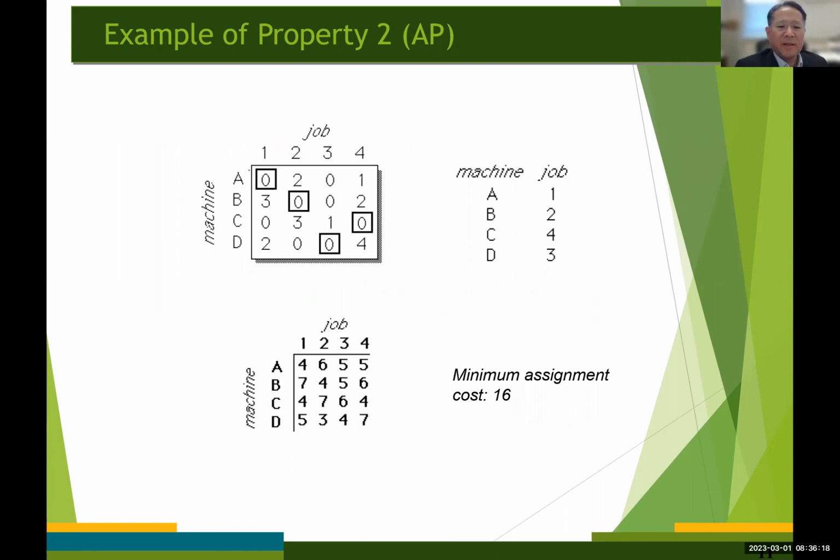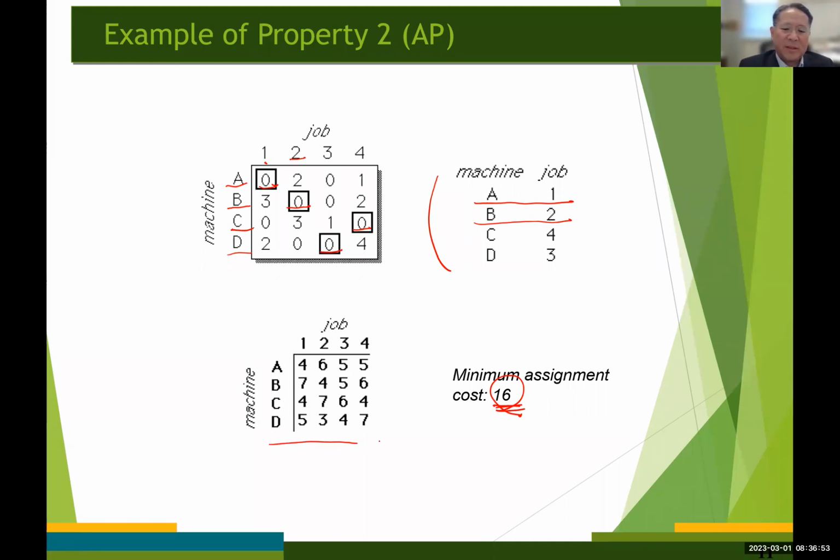So in this case, machine A has to be assigned to job number 1, right? That's why we have it here. Machine B has to be assigned to job number 2. And machine C, job number 4, machine D, job number 3, okay? So this is the optimal assignment. And the corresponding optimal assignment cost would be 16. And we obtain this value 16